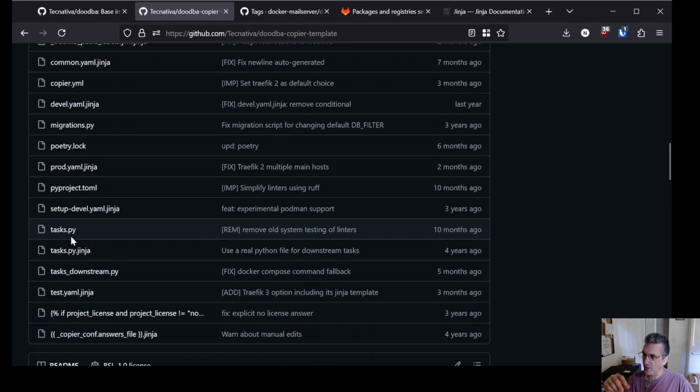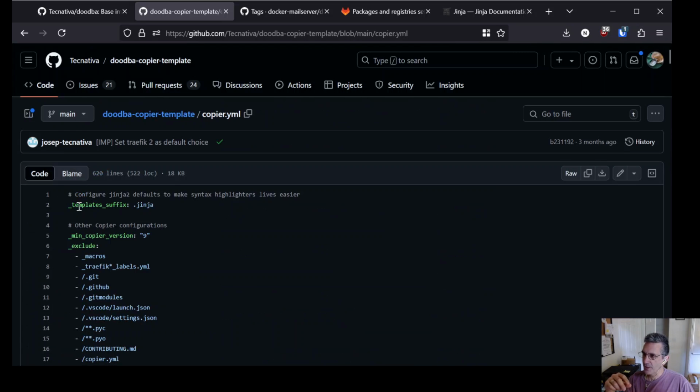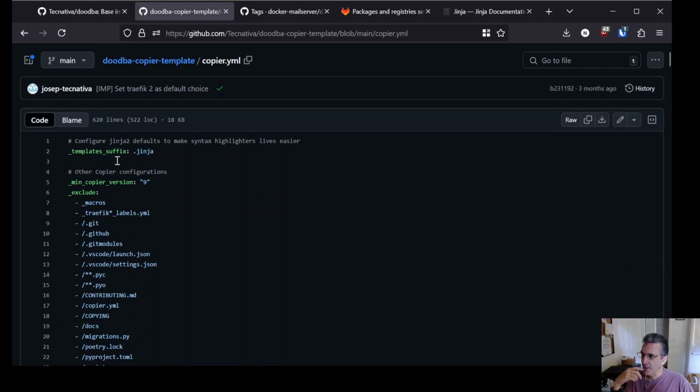So the questions are in, let's just take a minute to go through this. The question responses are in the copier.yaml. So this is the questions themselves. This kind of drives Copier. It does drive Copier. So it's saying the template suffix file is Jinja right there. There's our Copier version, required version